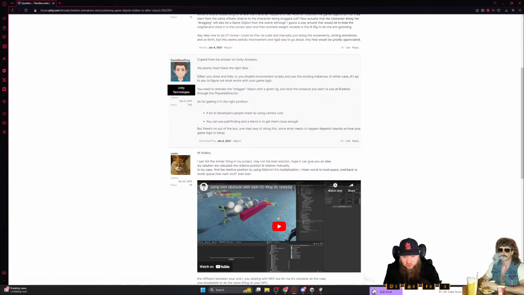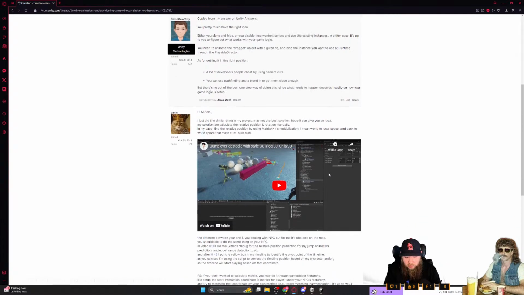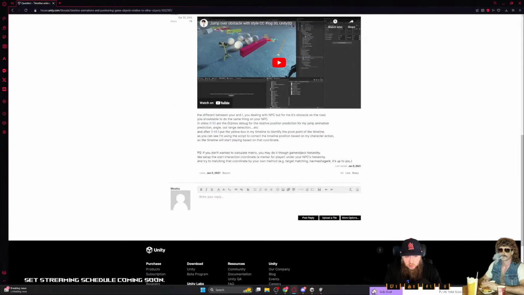I just did similar in my project, but not the best solution. I hope I can give you an idea. My solution is to create relative position and rotation manually. In my case, find the relative position by using the matrix's multiplication. I mean world to local space and back to world space, and so on. So I guess I don't,